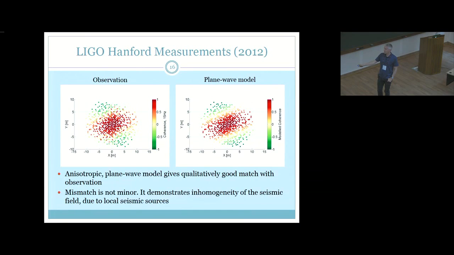So we don't really have what we would call a homogeneous seismic field. It's an inhomogeneous seismic field. And these details may in the end matter, so we have to look at this to understand the limitations of our Newtonian noise cancellation. But we can be quite optimistic, at least, to get significant suppression of seismic noise, Newtonian noise.